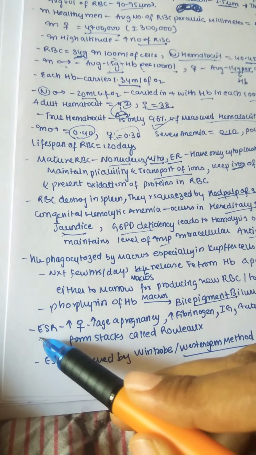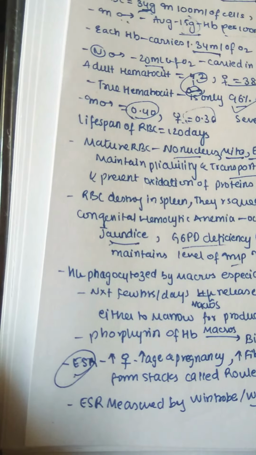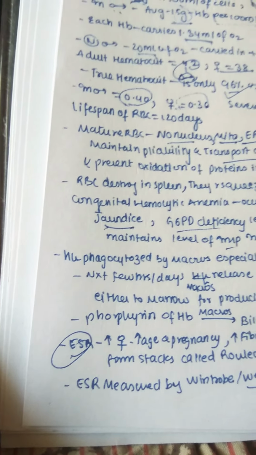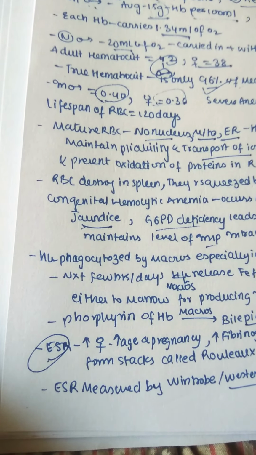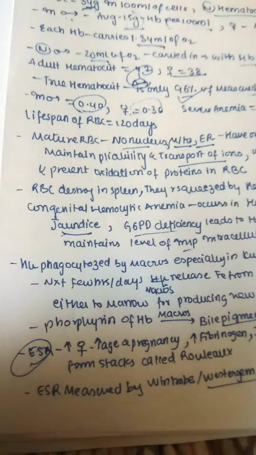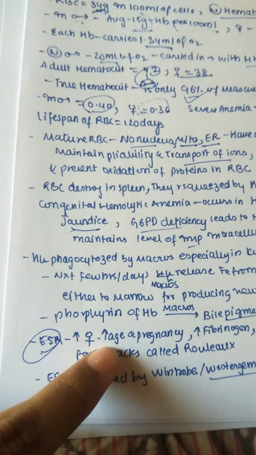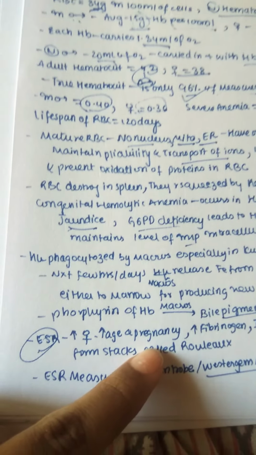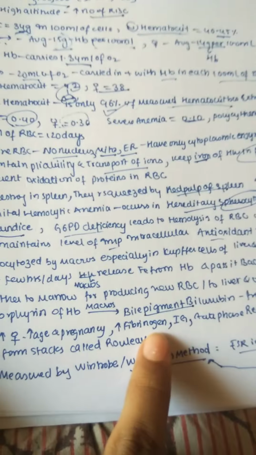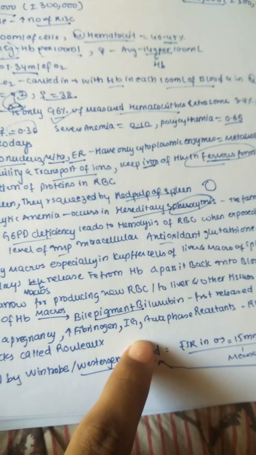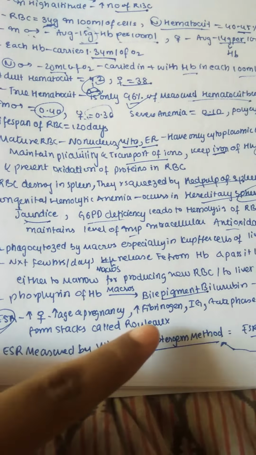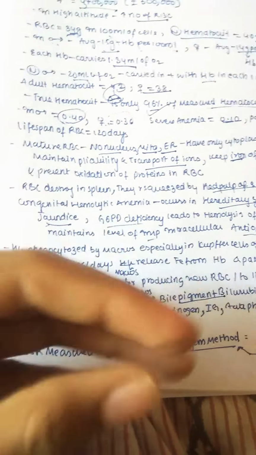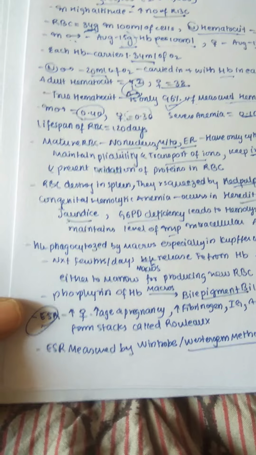And ESR is nothing but the sedimentation rate. ESR full form is erythrocyte sedimentation rate. If you centrifuge, you see that most of the RBCs come to the bottom, and that is nothing but the sedimentation rate. In females, the sedimentation rate is increased mainly when age is increasing, and during pregnancy you can see that the sedimentation rate is increasing. When there is a higher amount of fibrinogen, immunoglobulins, and acute phase reactants, the RBCs form clusters more quickly and form stacks called rouleaux. So rouleaux stacks are formed at the bottom. This means a higher erythrocyte sedimentation.